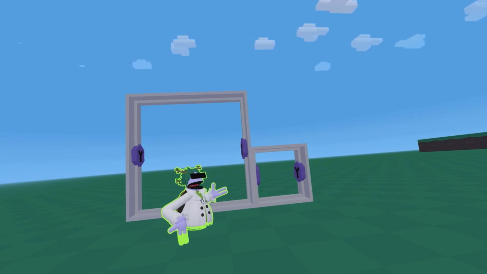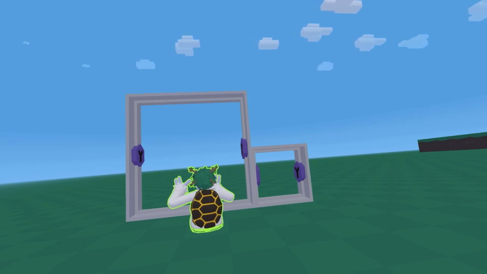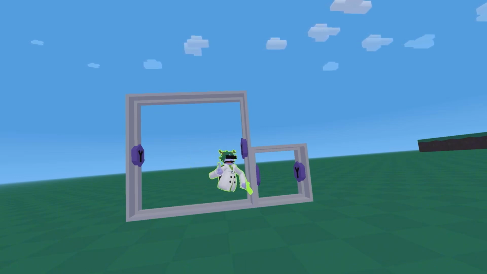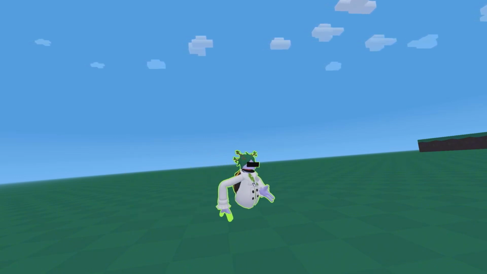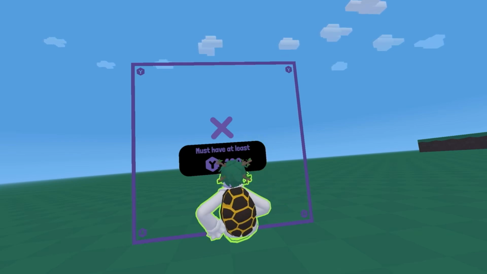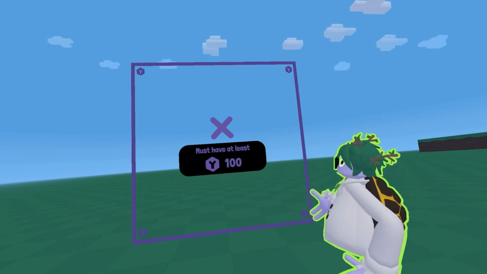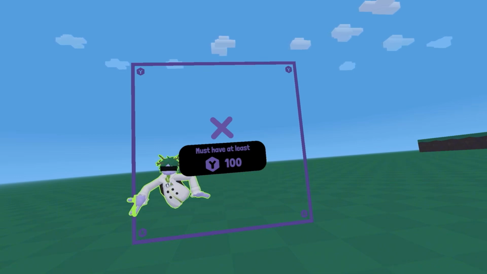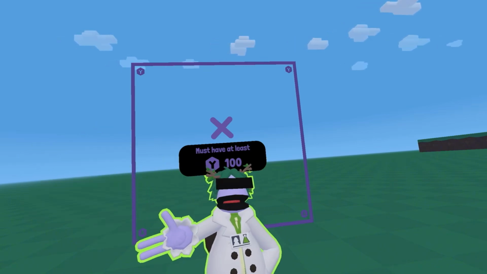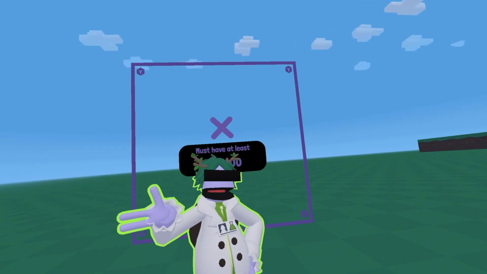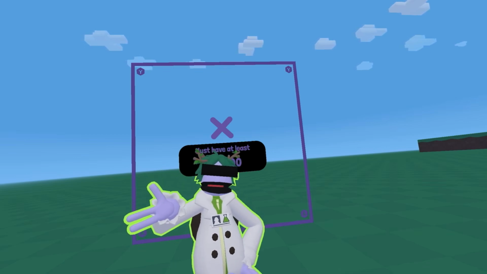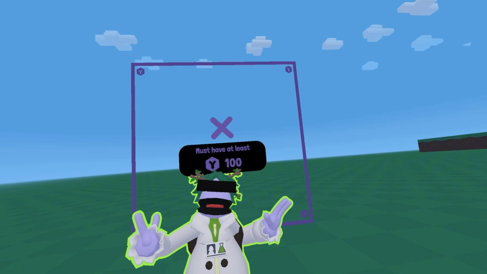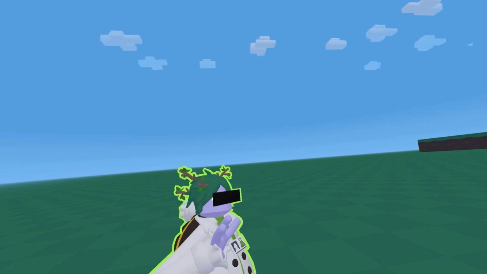So instead of having a button, if you want a player to have to walk through, then they'll walk through and then they'll get X amount of tokens. You need to have an X amount of tokens to pass, but you could set this to less than X amount of tokens, at least X amount of tokens, exactly X amount of tokens, or not equal to X amount of tokens. You could set it to any of those, and obviously you could